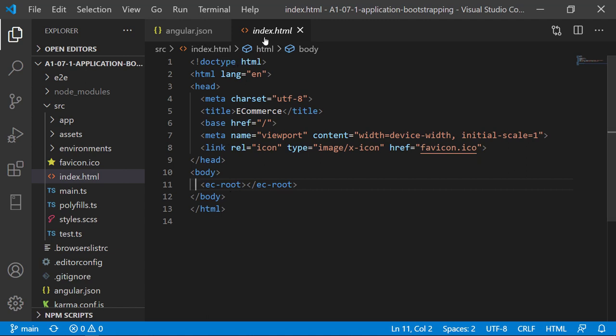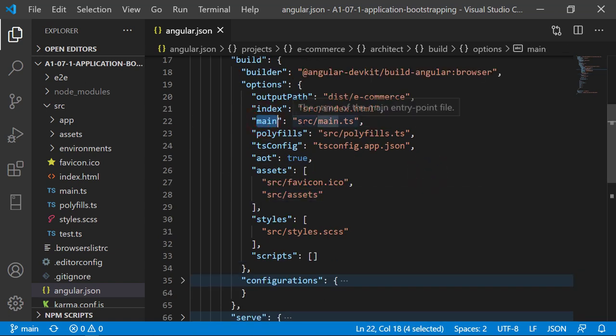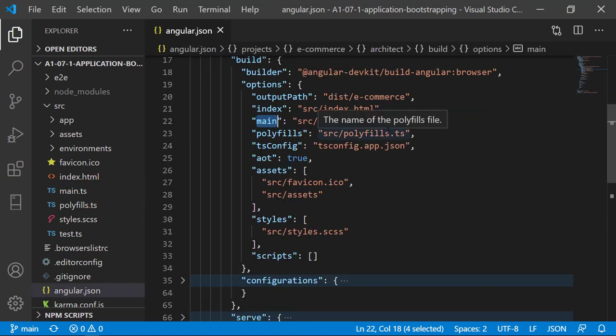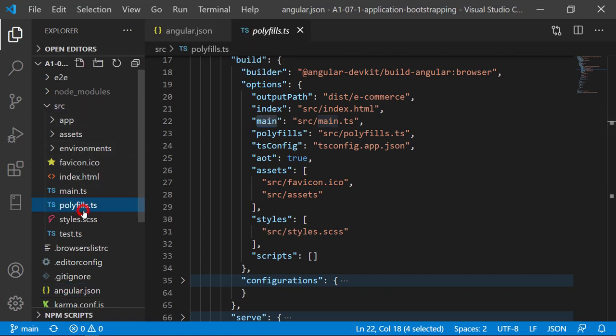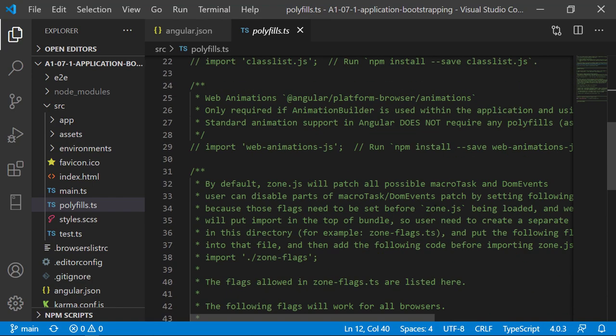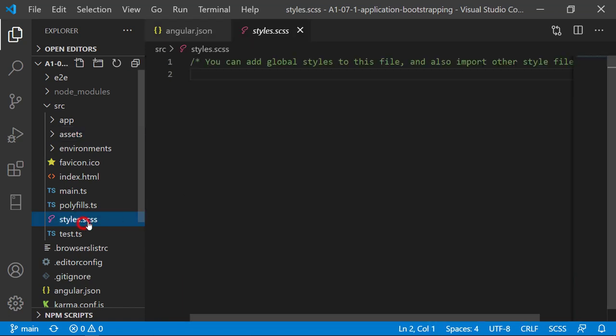Okay, let's go back to the angular.json and see other options. Main.ts, which is residing inside src, we can see it here. We will come back to this soon. Then polyfills.ts, inside src/polyfills.ts. It has some polyfills that will make our application backward compatible. Then assets, meaning some static resources that have to be copied inside assets folder. Right now we don't have any assets. Styles, src/styles.scss, which is currently a global CSS. You can see it here.